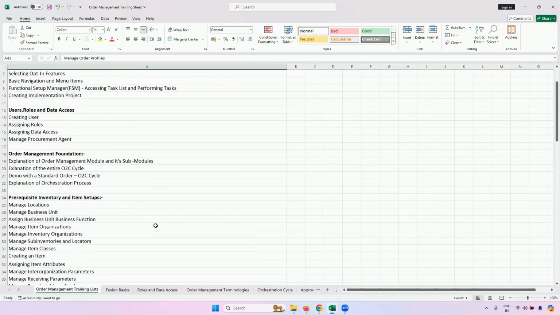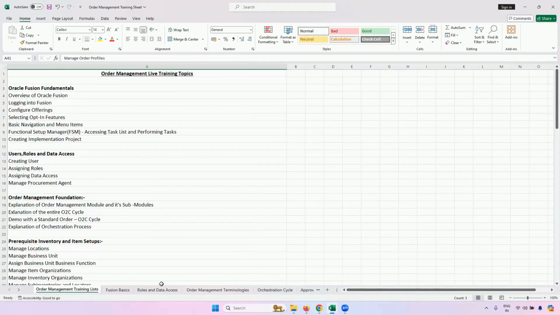Okay, Raj. And one request, Raj: is it possible for you to explain what is unique to Fusion but not part of R12? Some processes might be similar to both R12 and Fusion, right? But some processes might be totally unique to Fusion. If possible, if you can explain, that would help in understanding the actual business process and also in interviews as well. Okay, sure. Actually, the order management in Fusion is completely different from what we have in EBS.